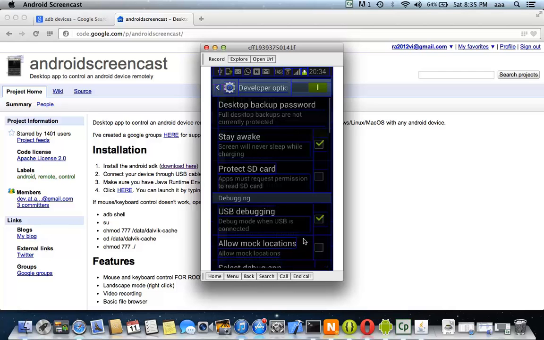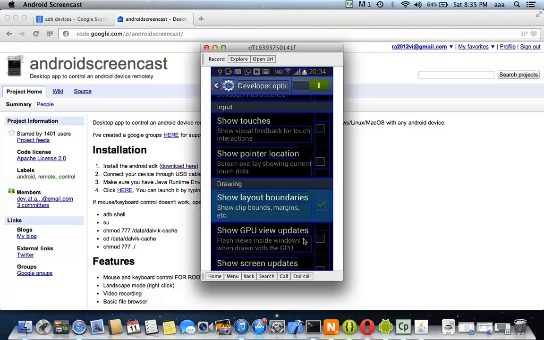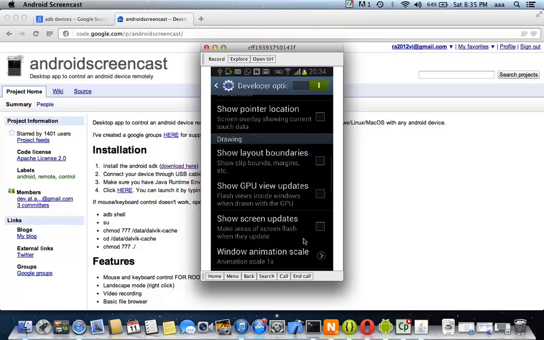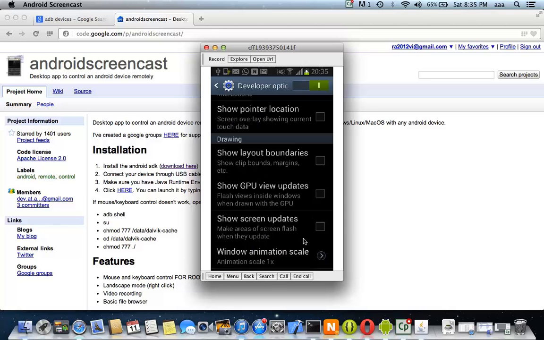So I go there. I'll take that out and show GPU view updates. Here GPU is graphical processing unit, and there are advanced concepts that are coming up, that if you have a GPU, for example, famous GPUs, graphical processing units, say NVIDIA Tegra is one of the famous graphical processing units.